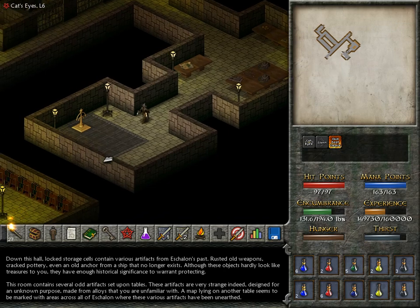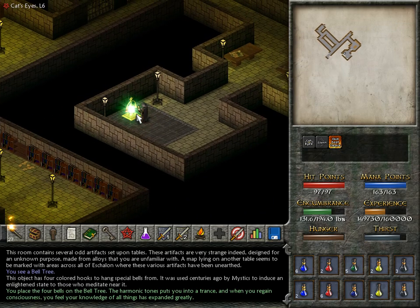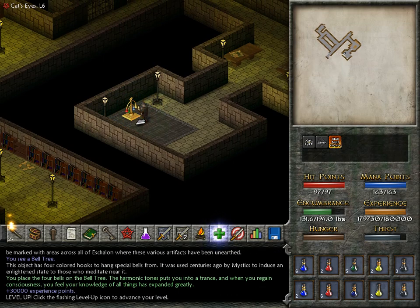Oh. Well, this is certainly not the scholar's desk. Oh. Oh! Okay. That happened? That was also worth 30,000 experience. Oh, wow, okay. Enough to level me up once and then almost again. But,